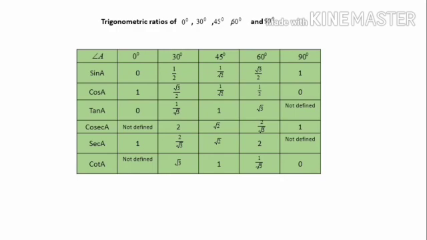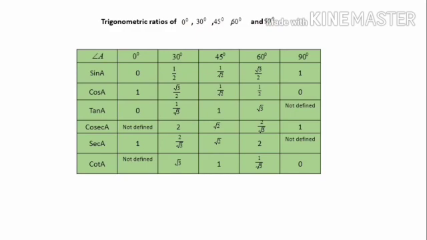In the examination point of view, there will be 1 or 2 questions from this topic. So you have to learn these trigonometric ratios of 0, 30, 45, 60 and 90 degree compulsorily. Two options are there, either you have to learn by heart or you have to derive. Here I will share with you one shortcut. There are so many shortcuts, so one shortcut we will discuss is how to derive these 0, 30, 45, 60 and 90 degree values.